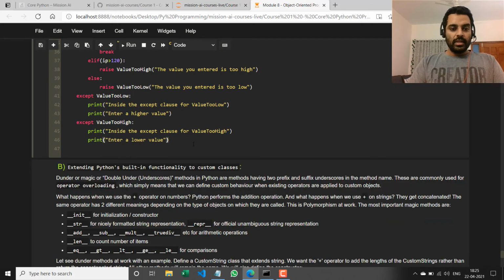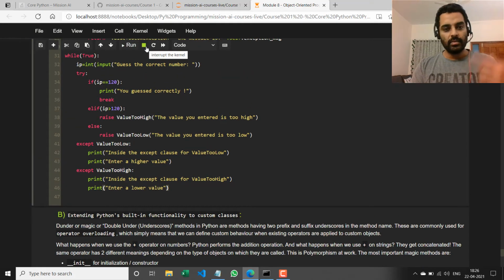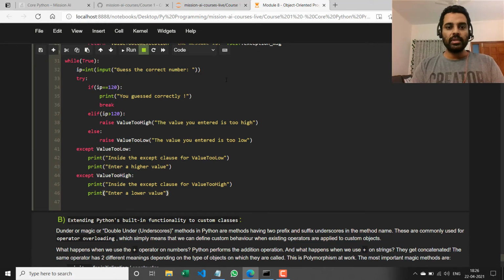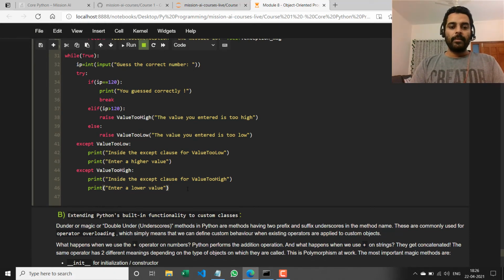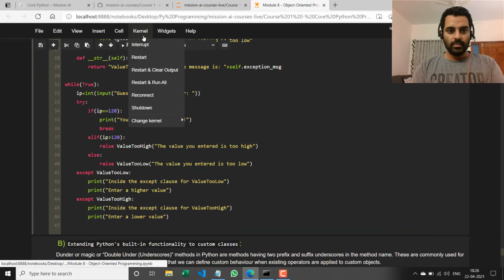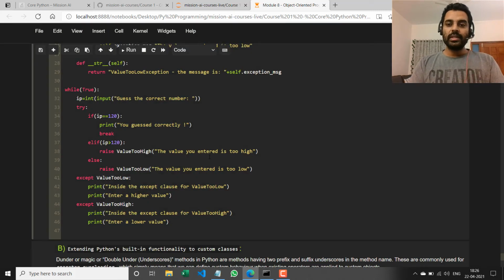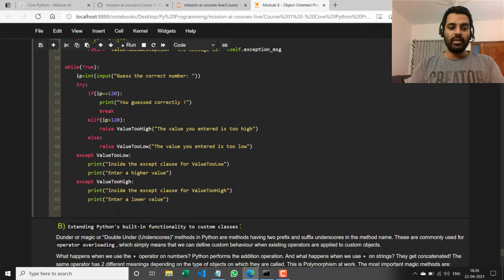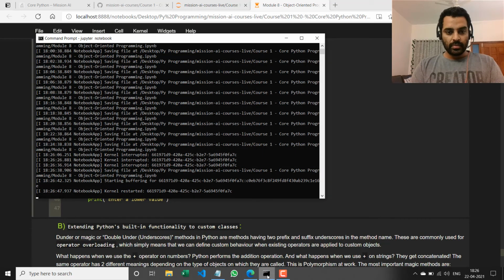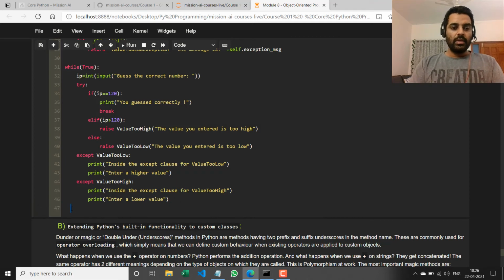Okay, so if I run this now, sorry. Okay, I had not completed that run the last time. So I'm going to interrupt the kernel, right? That's basically a way to tell Python to stop running that infinite while loop. Just going to restart the kernel now because I was running an infinite while loop. Let me just see what's happening here. It says the kernel's been restarted. So let me just run this code now.